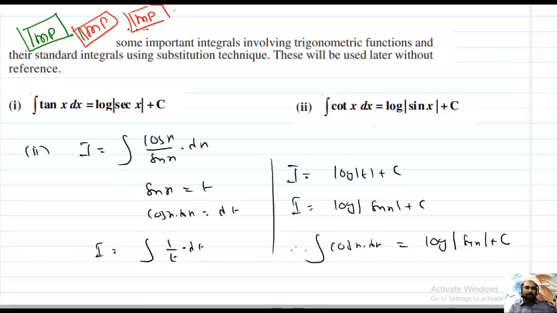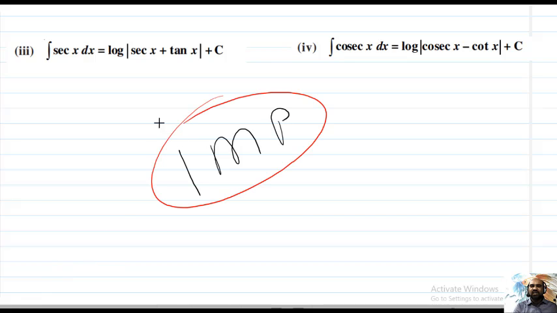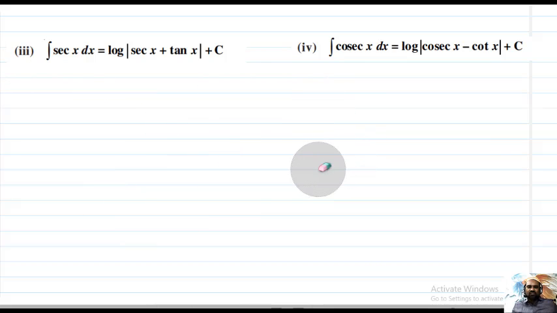Okay. Here also, integral of secant x dx. Listen once again, students, an important thing: this chapter depends fully upon memory, because we will derive several results. Using those results only you can solve the problems. At least 30 or 40 results should be remembered. Without those you can't solve the problems. Okay. So third one,